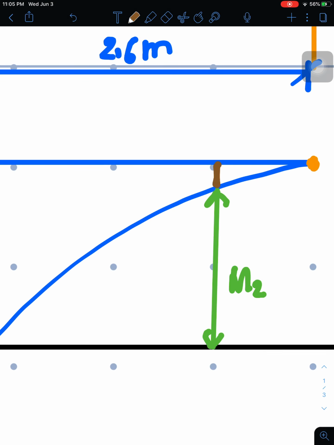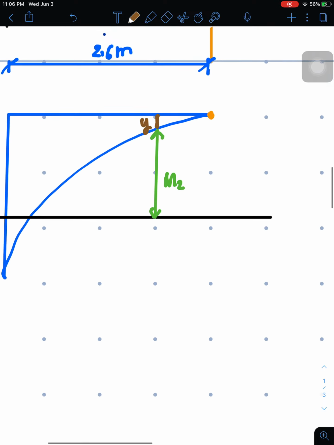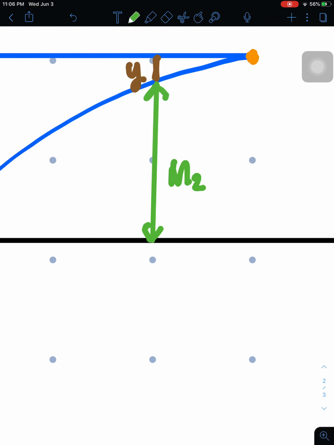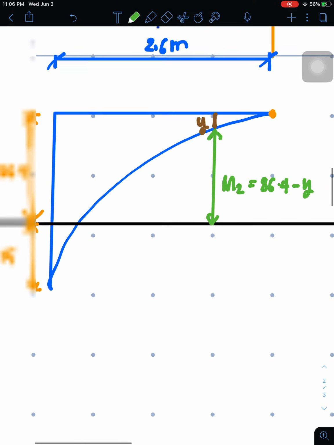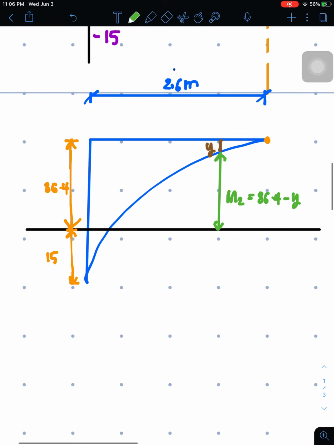This represents, I'll just call this one our value y. For M2, it's just 86.4 minus y. If you add M2 and y, it's 86.4. Alright, so with that,